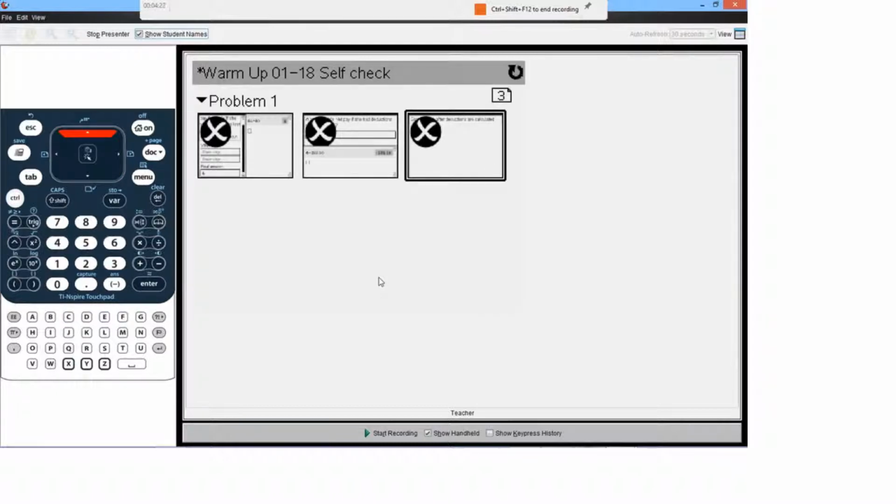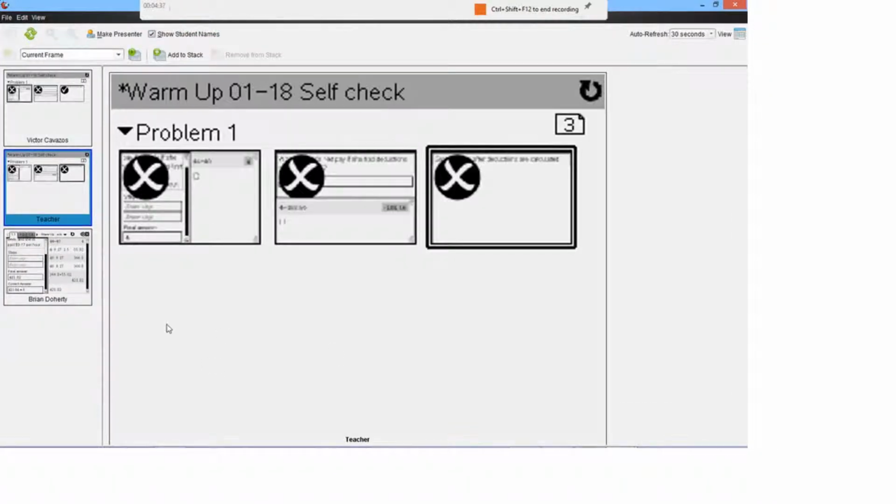And none of these are correct, okay? That's just a demonstration. Okay, stop presenter now. The other advantage is that once I am done with the presenter and the students are all done and we're at the end of class,